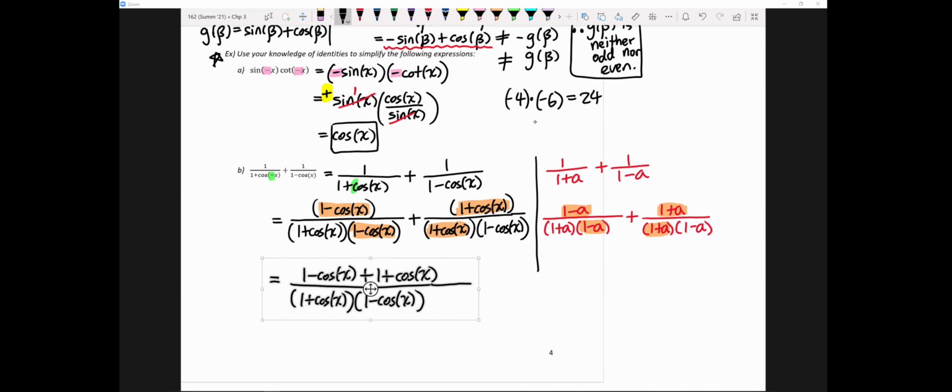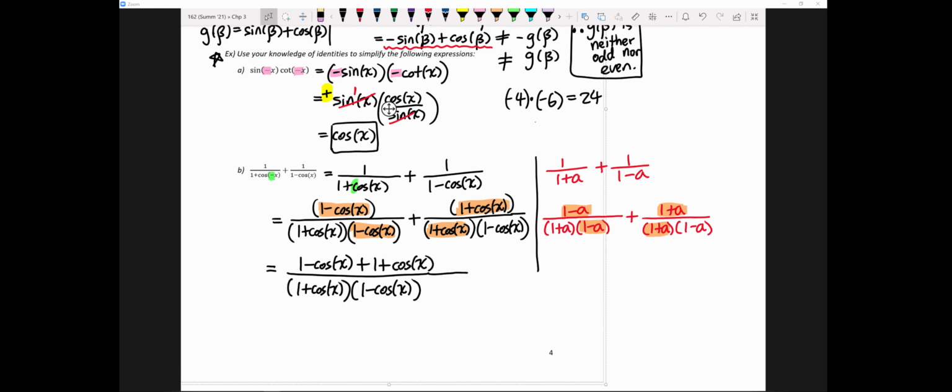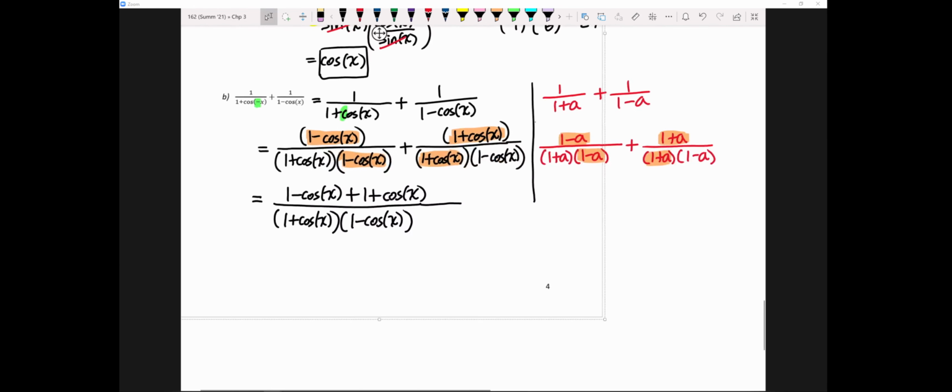Okay, so there's a lot of simplification we can do here. Let's do it step by step. The first step here, negative cosine plus cosine, that's 0. And then on top here, 1 plus 1 is 2. Okay, back to the side panel to help us with the algebra steps. So here this would be 2 over